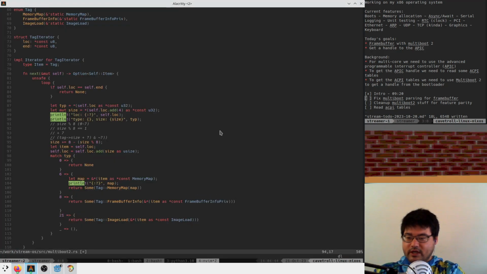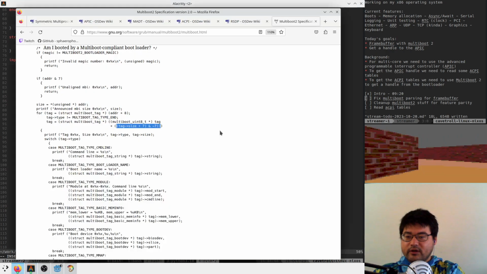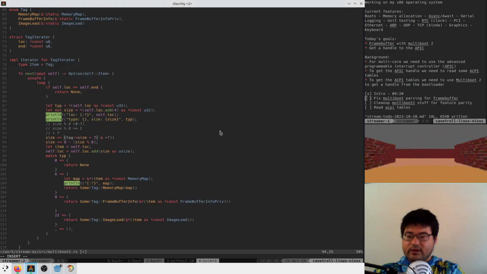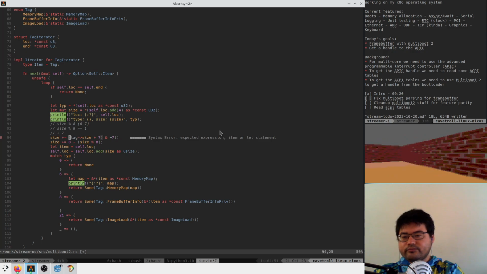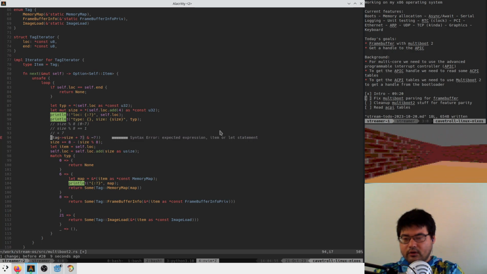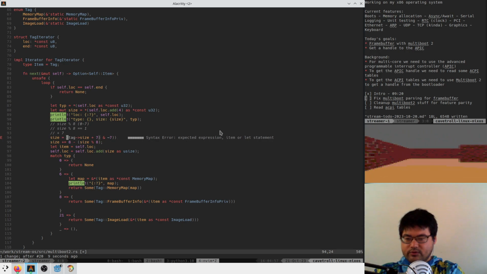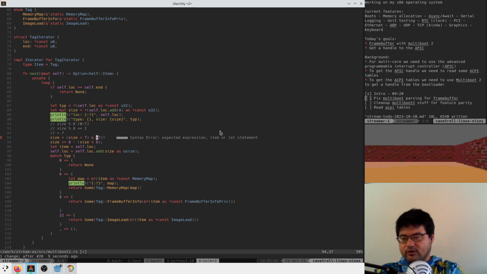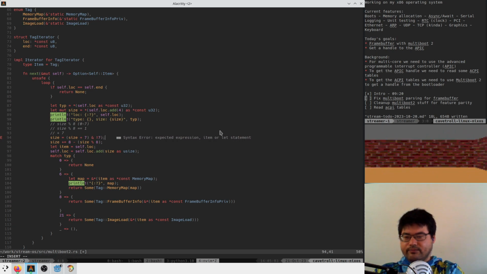They're saying that size plus equals, we say size equals size plus 7 and Boolean not of 7.